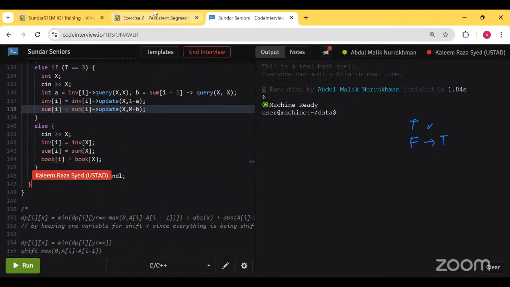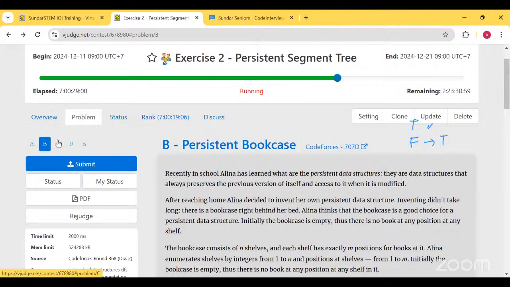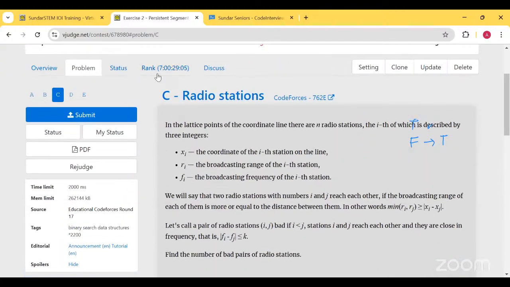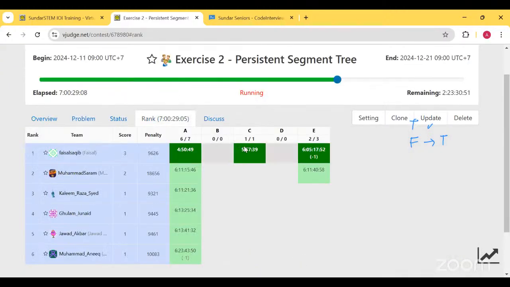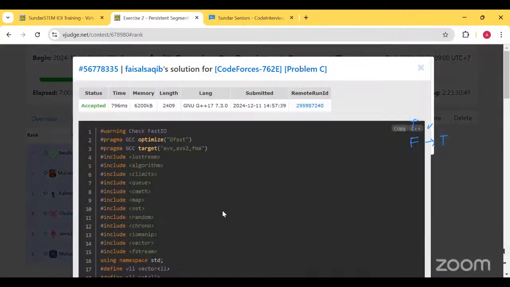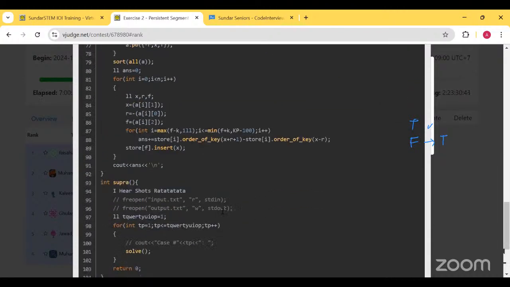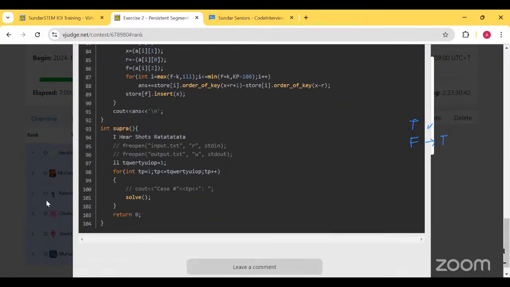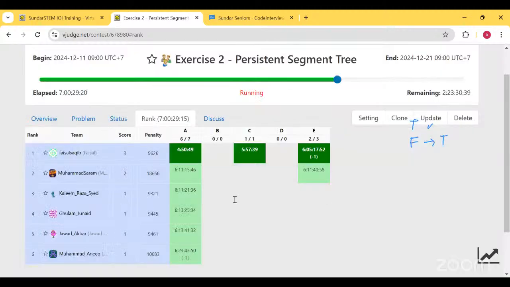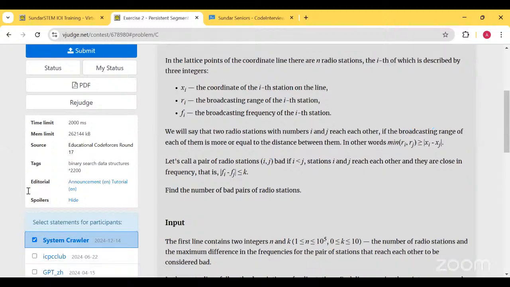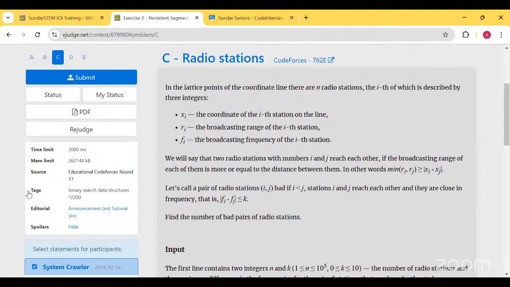So let's continue to the next problem. And Faisal got accepted here in this problem. So the idea is we can sort the stations based on R. Okay, so let me explain a brief description of this problem